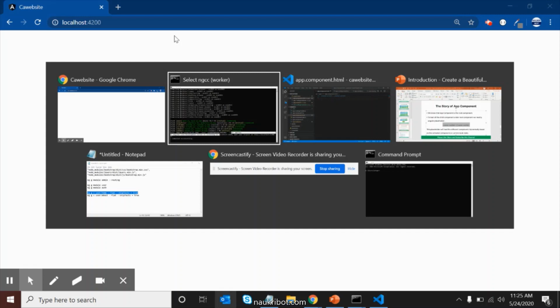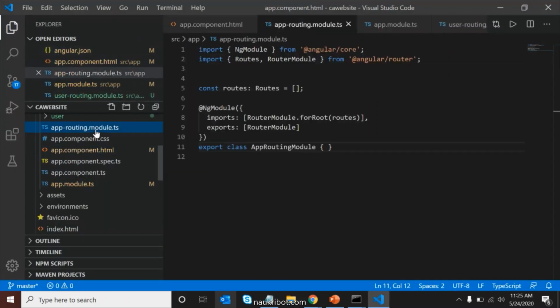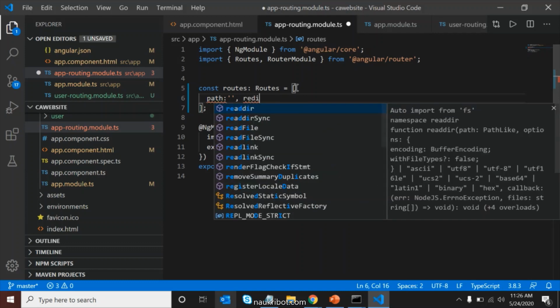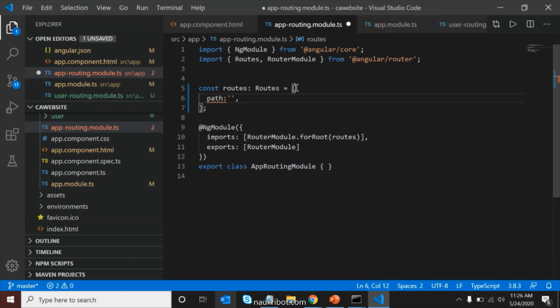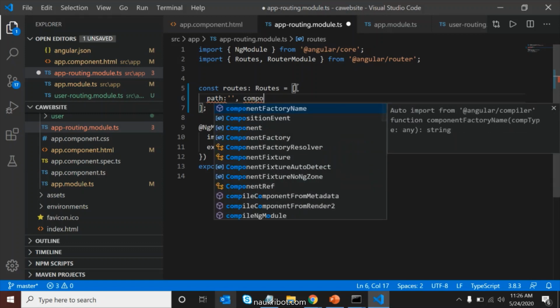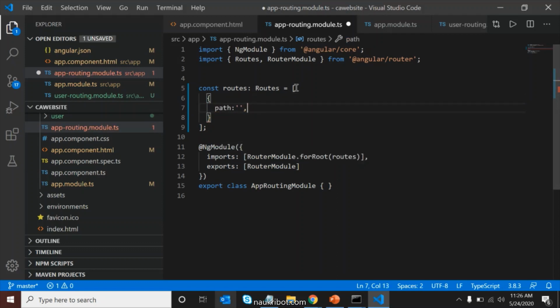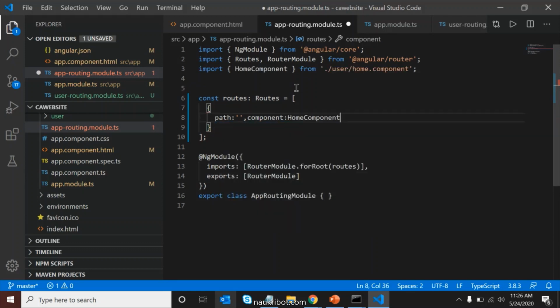Correct. Now I want that, suppose whenever a user goes to localhost 4200, what should it load? It should load the home page. Correct. So that I will define inside where? In the root component. Here I will define that whenever there is a path like nothing, an empty path, so what will it do? It will redirect to, okay, not redirect, it will just load the component. I will write if there is an empty path, then it will load a component. Which component? It will load the home component.